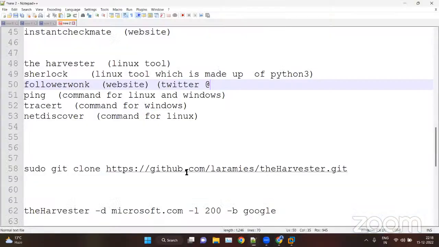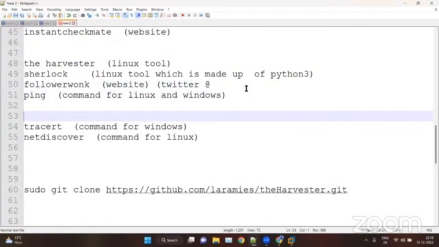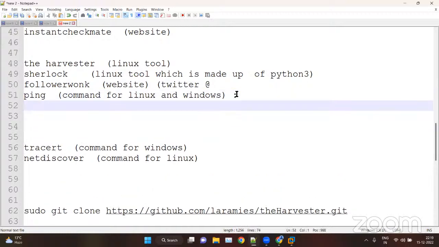So next we have ping and traceroute. Basically ping is used inside Linux and Windows. Sorry, Linux. Ping and the website you want to ping. So ping is basically used for two purposes. First, to find the nodes in the routes.